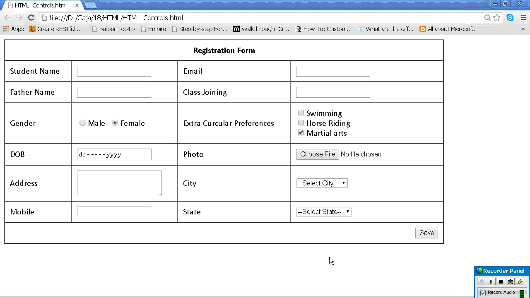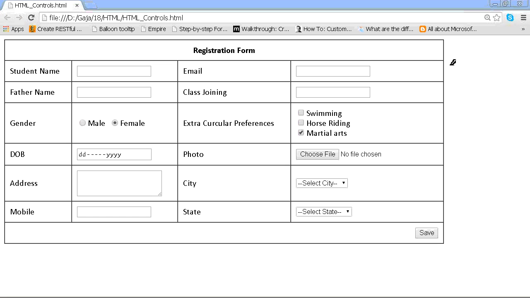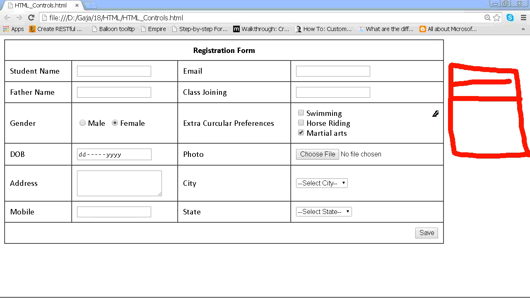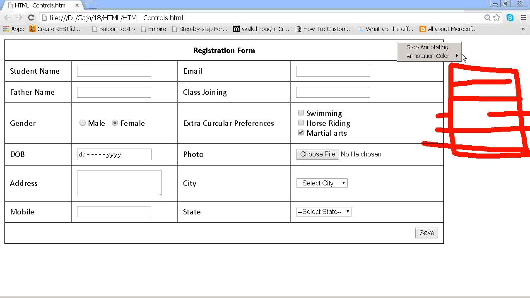It will not be like a drop down, it will be like a list box. Do you understand what I am telling? City, it will be like this. 1 city option, 2 cities, 3, 4, like that it will be there. You need to select by using Control. Control, select first item, Control, second item, Control, third item. Will you people see that? Okay, that is left, that you will see later.